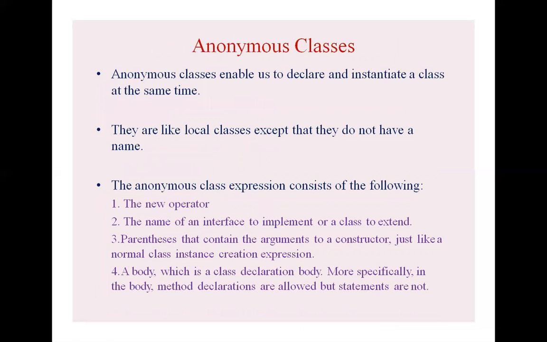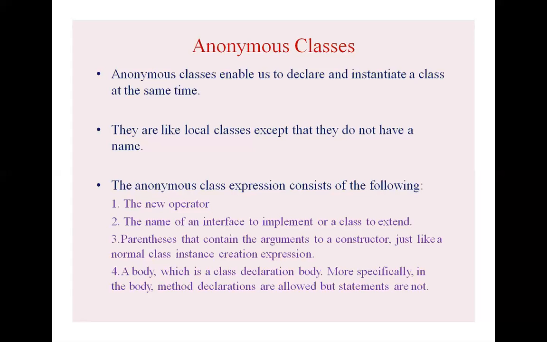Anonymous classes. Anonymous classes enable us to declare and instantiate a class at the same time. They are like local classes, except that they do not have a name. The anonymous class expression consists of the following: the new operator, the name of the interface to implement or a class to extend, parentheses that contain the arguments to a constructor, just like a normal class instance creation expression, and a body, which is a class declaration body. More specifically, in the body, method declarations are allowed, but